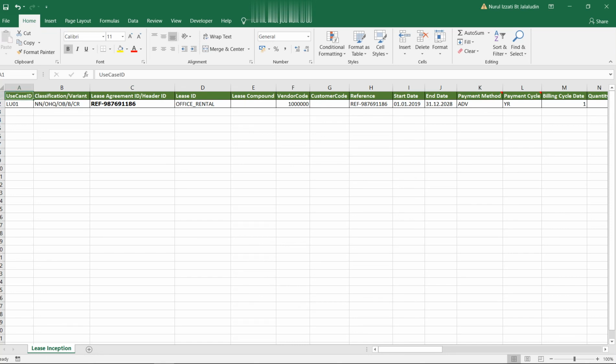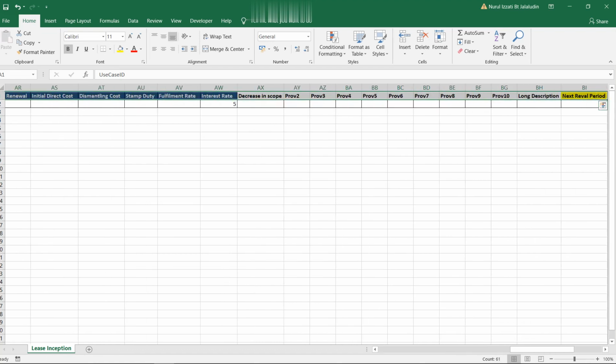It's the same step we showed in our previous video on the link below. But this time, the difference is that we need to specify the CPI, which will be changed after 24 months, in the next last reval period column in the Excel. After we fill in all the data in Excel, now we are ready to load the Excel in the system